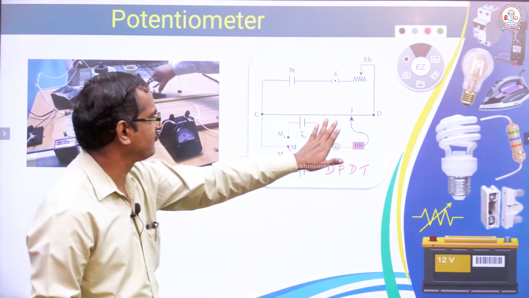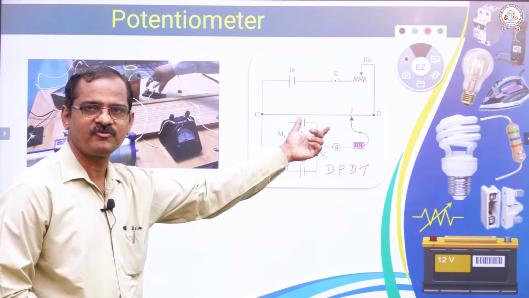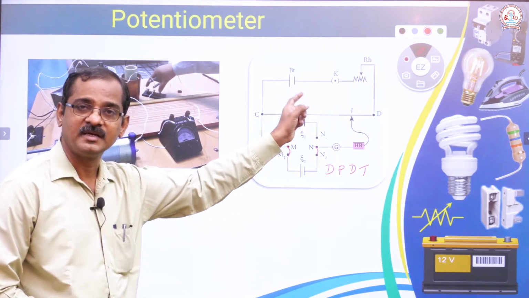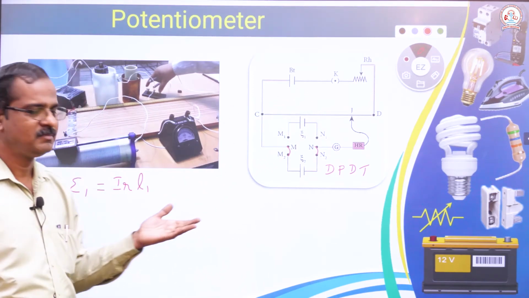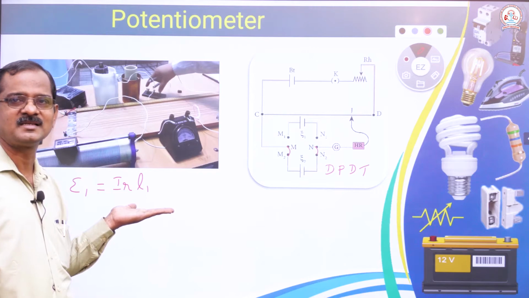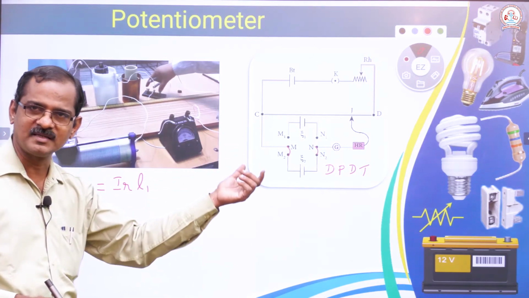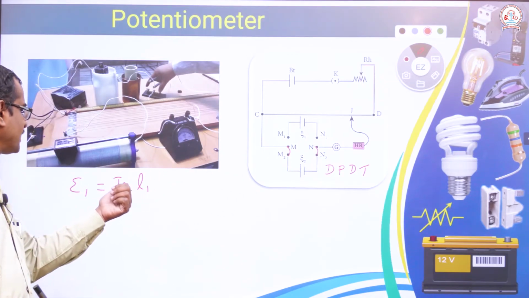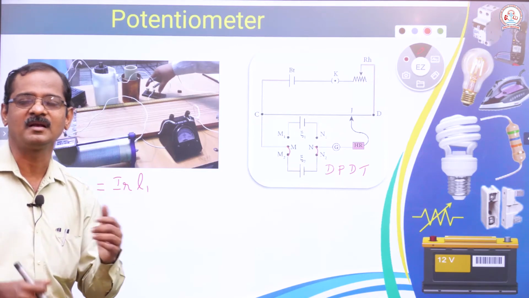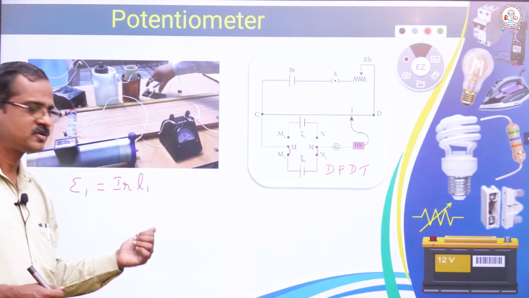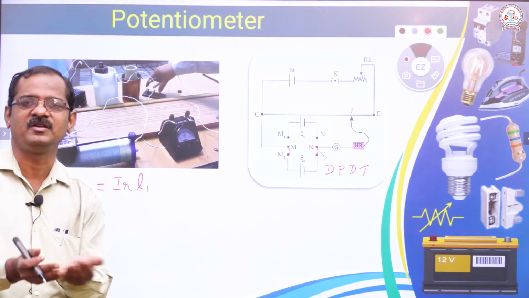For example, if you are getting 455 as the balancing length, it is in centimeters, 455 centimeters. It has to be converted to meters for calculation, but here it is going to get cancelled, so we need not convert it. That balancing length is multiplied with the resistance per unit length, the resistance for 1 meter length of the wire, that is small r. So r into L1 will give us the resistance of the wire for 455 centimeter length.